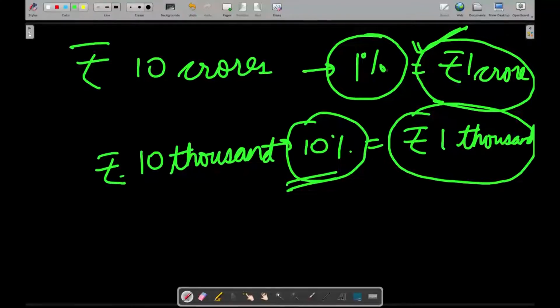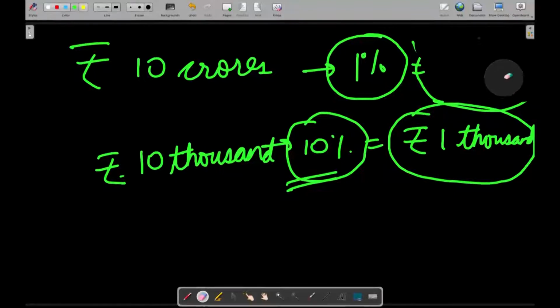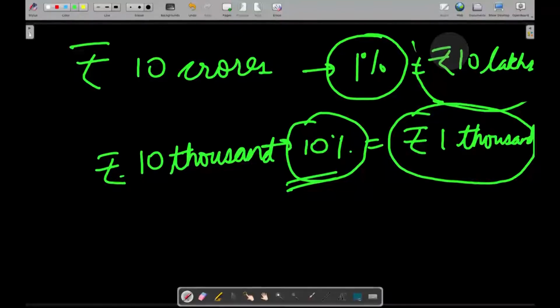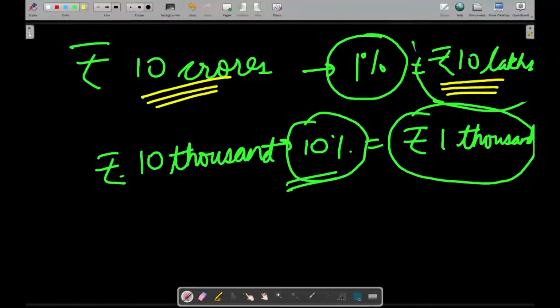Now, in the case of the rich person, this 1% is 10 lakhs of rupees. Now, this regressive system would say that this is still an equitable system because the person with a greater ability to pay, a person who is earning 10 crores of rupees, is still paying a very large amount. He is paying 10 lakhs of rupees, and a person with a lesser ability to pay, who is earning 10,000 rupees, is paying 1,000 rupees.